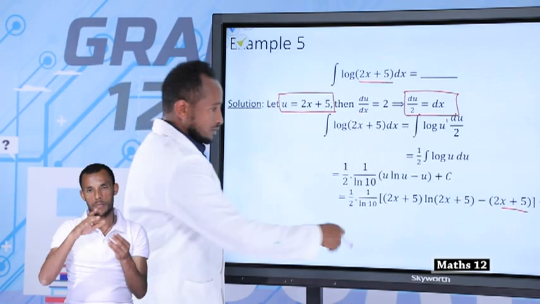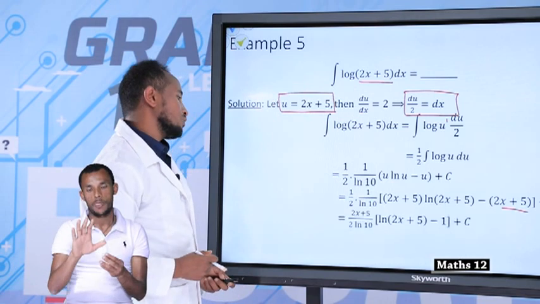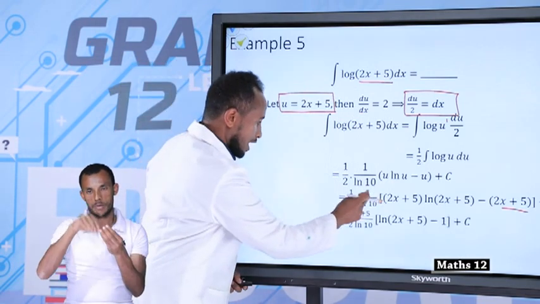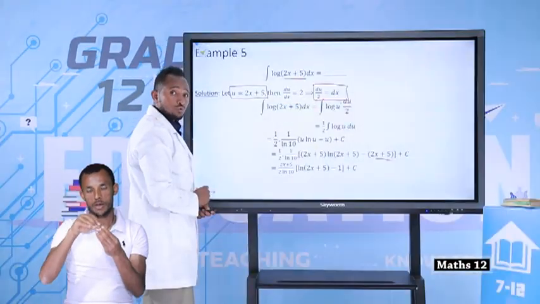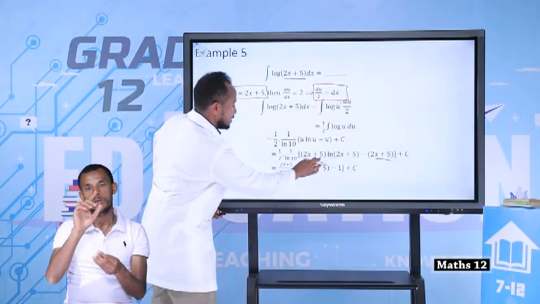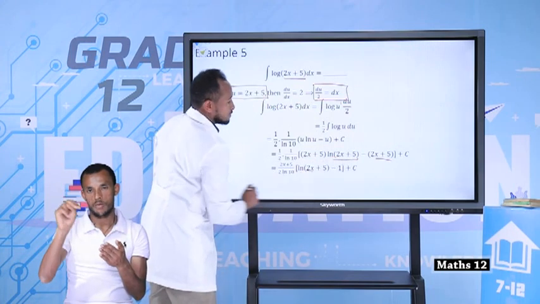So you can factor out 2x plus 5. Factoring out 2x plus 5, the factor outside is 2x plus 5 over 2 times ln 10, which is 2 ln 10. The remaining here is ln of 2x plus